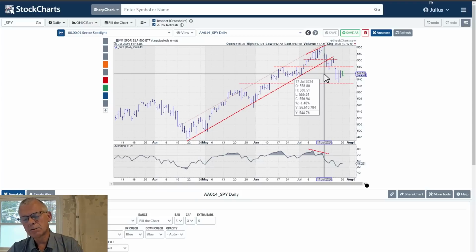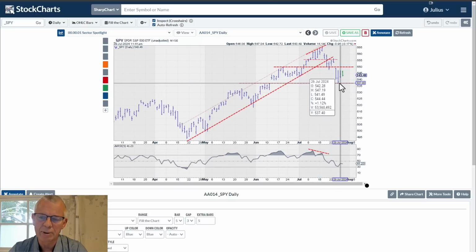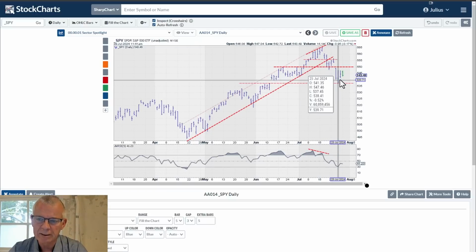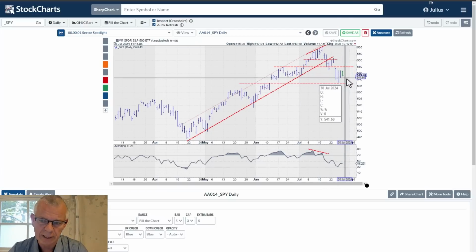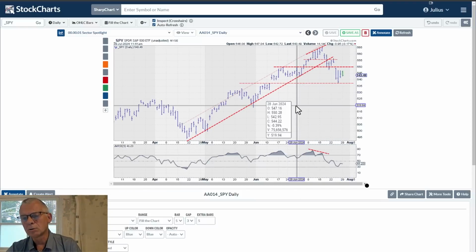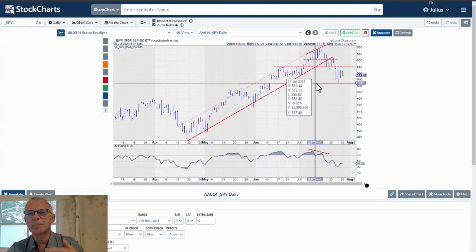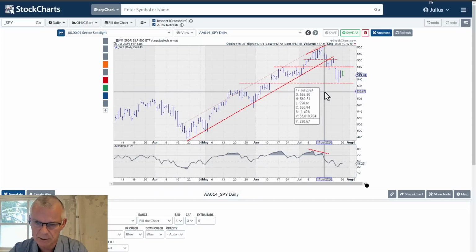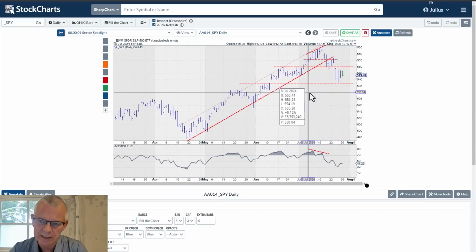Given the series of lower highs and lower lows that has emerged, I think the risk of a break lower is bigger than taking out overhead resistance. At least on this daily chart, we're in consolidation, setback, decline mode. So caution is definitely there. I've been telling you that for quite some time, and I think we're executing that.